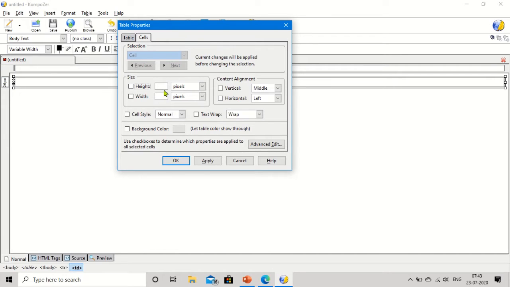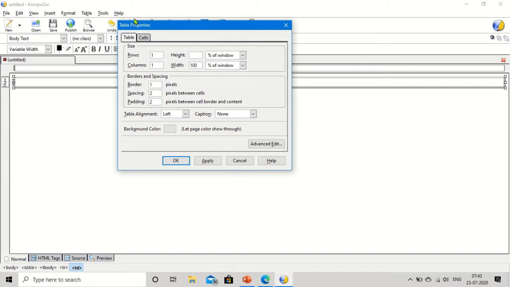Now what do we have to do? We have to change things here. Look at this. Here you can see number of rows and number of columns. From here you can decide the number of rows and columns, and the border thickness. By default, one is given. Spacing between the cells is how much space you want, cell padding is the spacing between the content and the cells, and the alignment here is left. Caption you can mention here, the caption is none, or wherever you want to mention it.